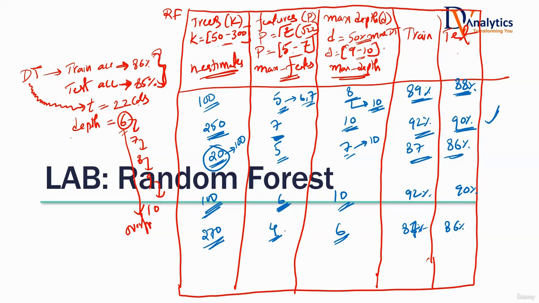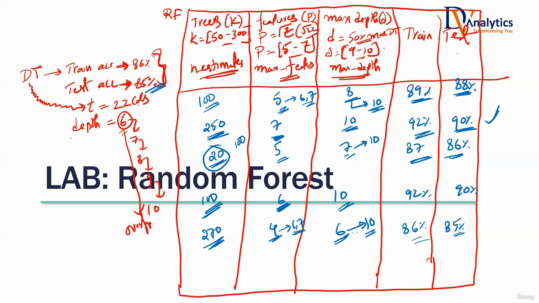So what is the next action point? Try something to be 6 or 7. Definitely try something to be 86, 85. 86, 85 is as good as your decision tree. Decision tree with a single tree you're getting 85. With 270 trees also 86, 85. That is because of this depth, make it somewhat around 10. Maybe try 6 or 7. You will be able to fix this.